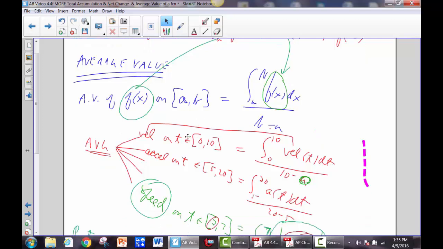So the difference here compared to total accumulation and net change is that you're not going to integrate the derivative of the thing. For average value, you're actually integrating the thing. So if it asks for the average velocity, you're actually going to integrate the velocity, not the derivative of it. If they ask for the average acceleration, you're going to integrate the acceleration. Okay? So these are average values, which means you're going to have the integral from 0 to 10 over 10